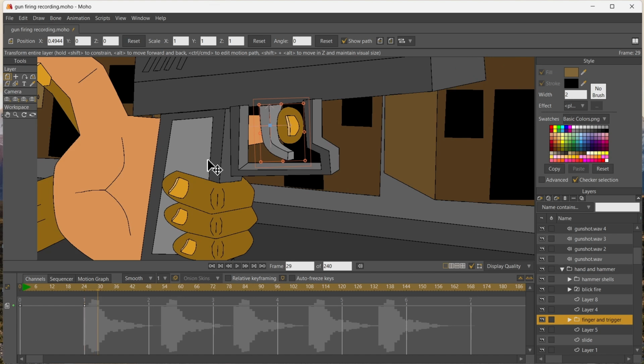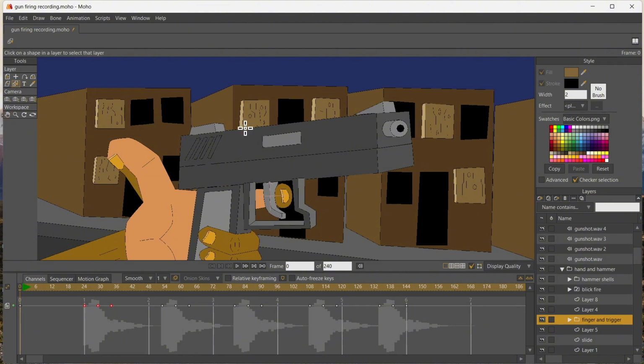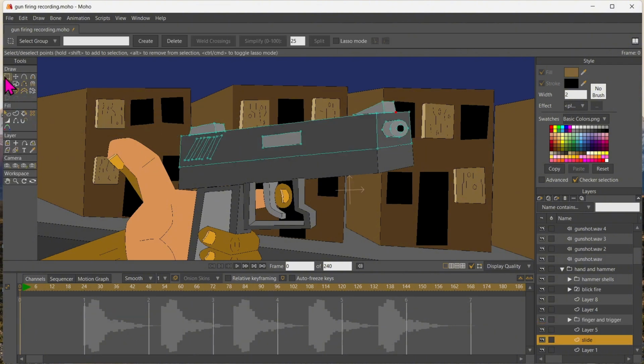Now, you see, I'm pulling the trigger back. The index finger and the trigger is in a group, and I'm just moving the group back and forth. And then I take those three keyframes and copy and paste them. So the trigger goes back and forth. See that? I just use three keyframes. I use one keyframe for the first one, and then I use the second one back and forth, and then